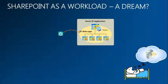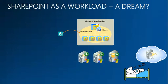But we all know that doesn't work. Or we all know there's a lot of stuff that actually needs to happen first. So we need to deploy the services, we need to deploy SQL, we need to deploy the web front end and the application servers, we need to install all the updates for the service. Then we need to think about scaling, how we're going to